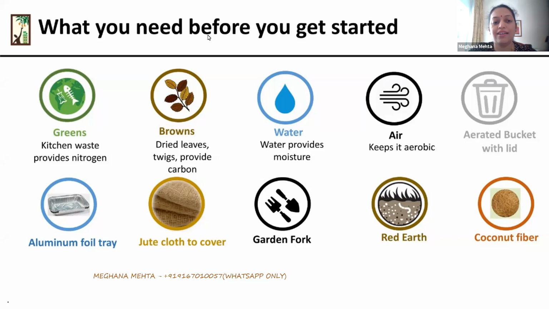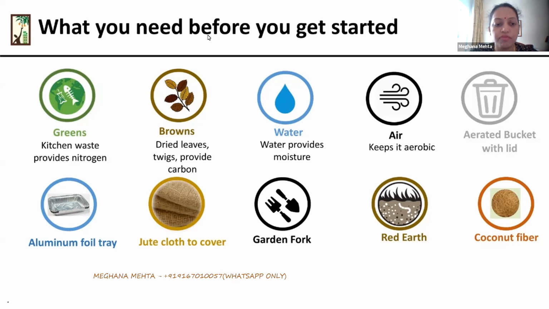So this gives us soil back. To get started in our houses for composting, we need the greens, which we'll get from our kitchen. Browns, we'll get from our gardens or from our society compound or nearby anywhere. Then we get the water. Our environment provides it. Air is also available freely to us, thank God.